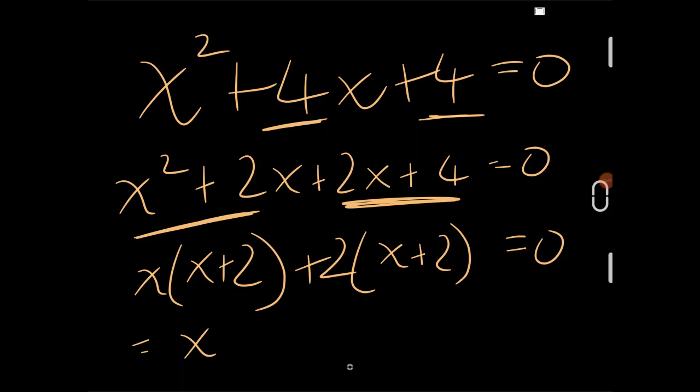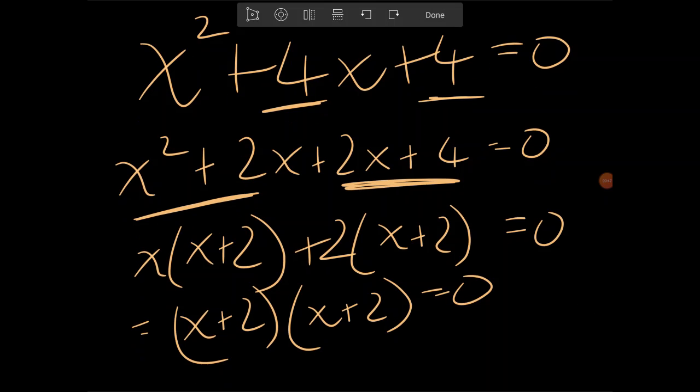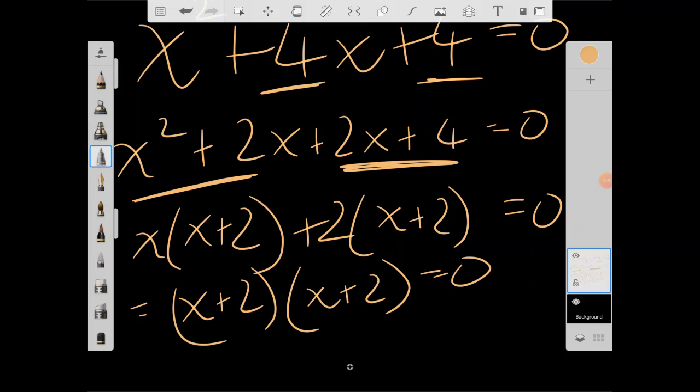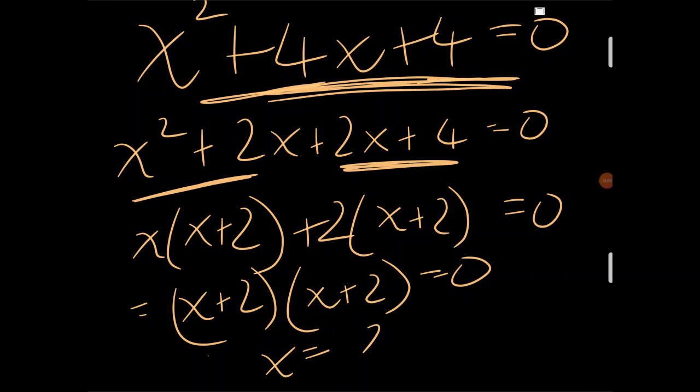So you write x plus 2 together in the bracket, and then you write whatever is outside the bracket. X plus 2 is equal to 0, and then you see that it comes like this. Now if you just multiply this whole thing again, if you multiply x plus 2 into x plus 2, you will get this equation. And then after this, you write the roots are x is equal to minus 2 and x is minus 2. So yeah, it is having the same roots. So what we see is